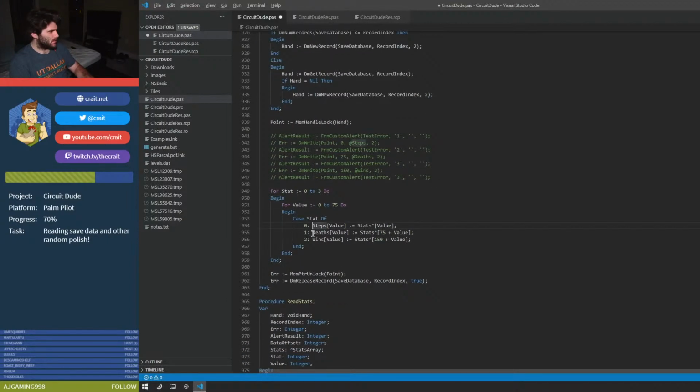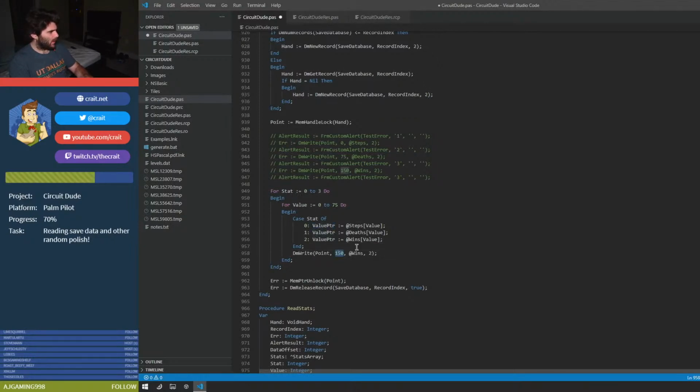And we'll say value pointer becomes the address of this. Yeah, that's the ticket. That's the ticket. All right, and then we'll try to DM write